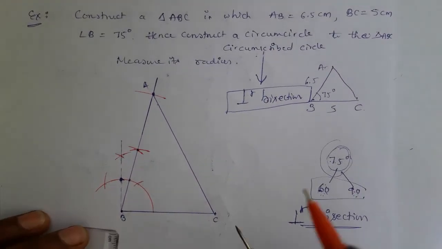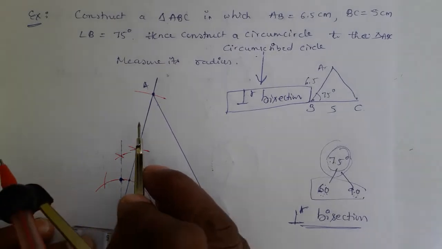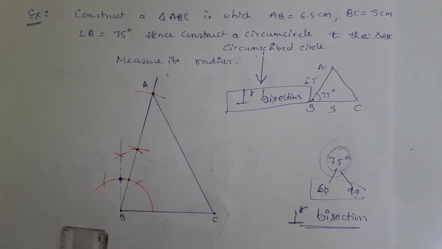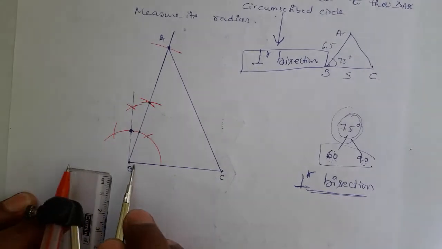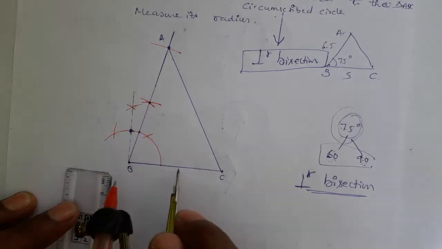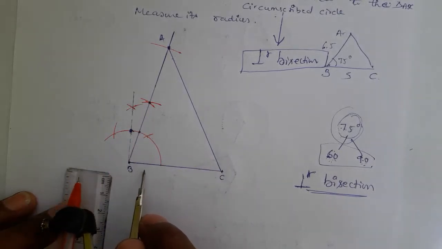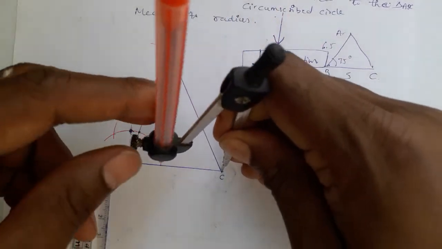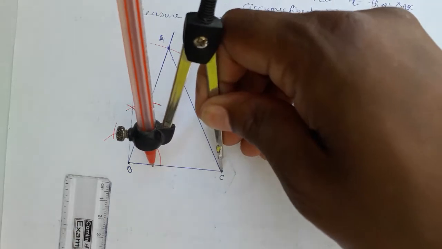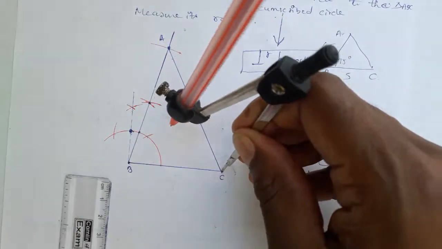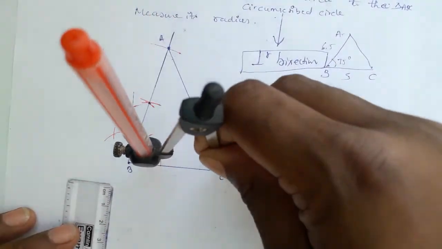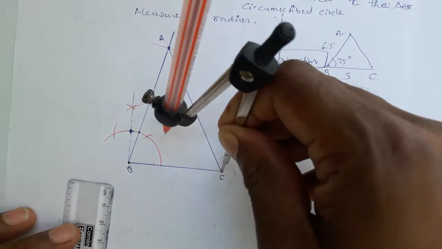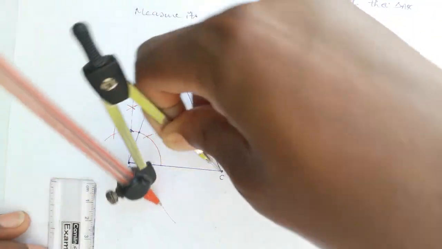So how to do perpendicular bisection? There are three sides, correct? AB, BC and AC. Choose any two sides, your wish. So first I choose BC. Any two sides, choose first. Then go to one side. I take BC first. If you take BC, take more than half, above one arc, below one arc, like that. So take more than half of BC, like this. After taking more than half of BC, above one arc, below one arc.